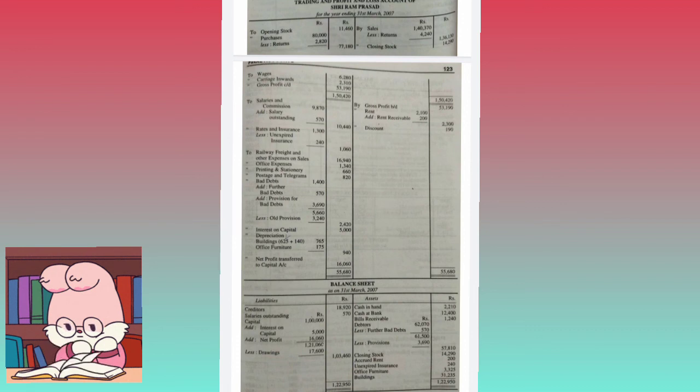Salaries and commission, debit side of the P&L account, and additions to the buildings, that is 7,000. On this we are having the depreciation of 2%. New additions to buildings at 2% we are having depreciation. So 7,000 into 2% comes to 140. 140 is the depreciation. So take this to the debit side of the P&L account and deduct this 140 from 7,000 in the assets in the balance sheet from asset side.